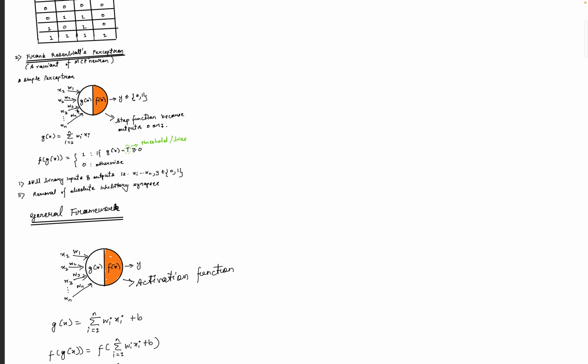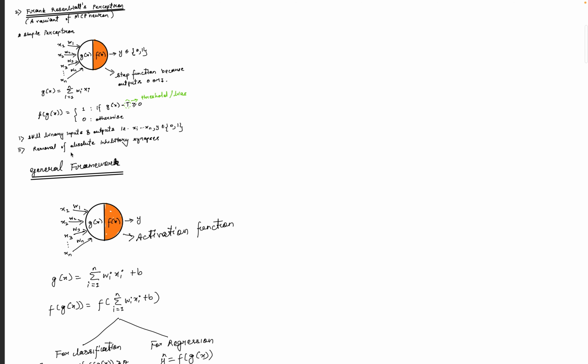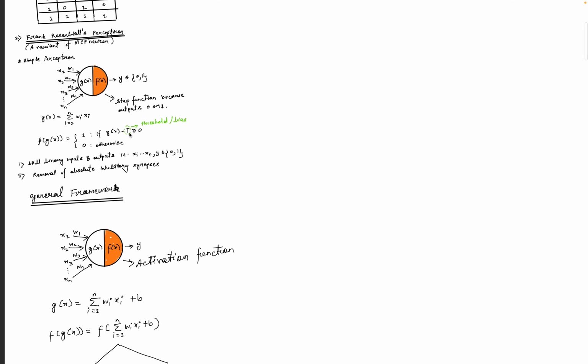What is different about this model is that, as I told you, the inputs have certain weights, and again the g of x function will produce the sum product of the inputs and weights, that is wi multiplied by xi, and the summation of all these terms. Once g of x has produced this, f of x again will decide if g of x is greater than a threshold. If yes, then it will produce 1. If no, then it will produce 0. Here there is no inhibitory input, as you can see, removal of absolute inhibitory synapses. This threshold kind of works as an